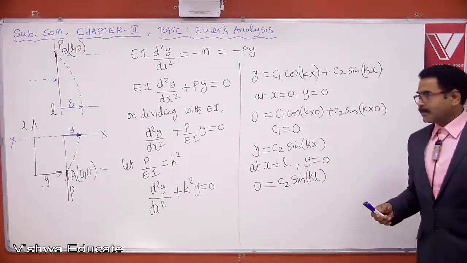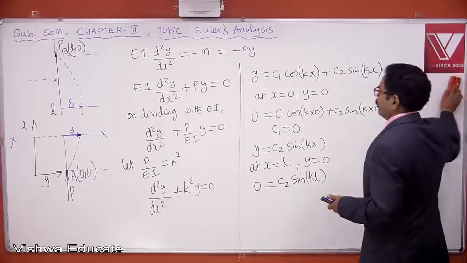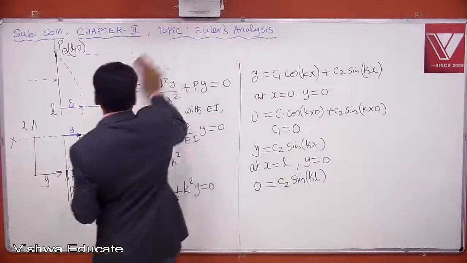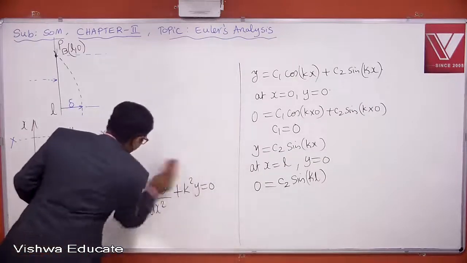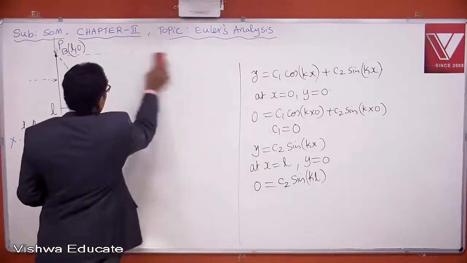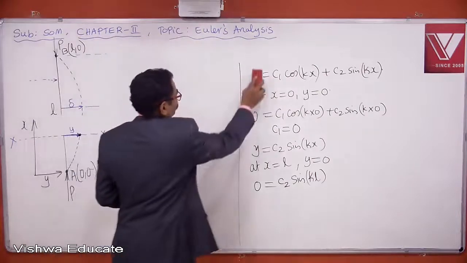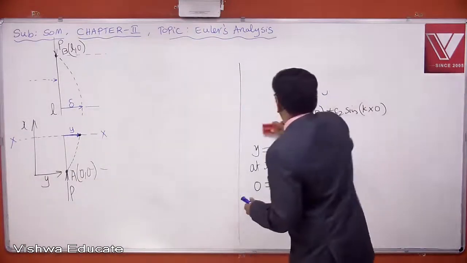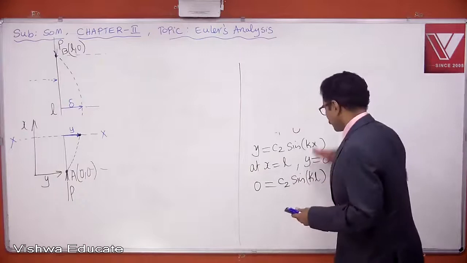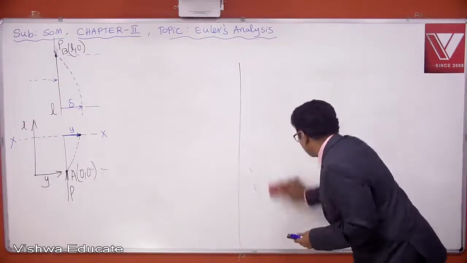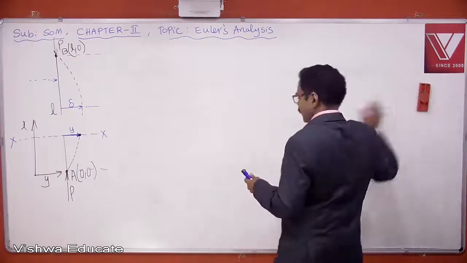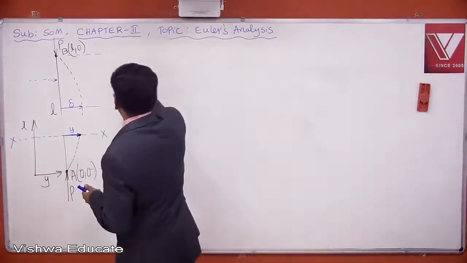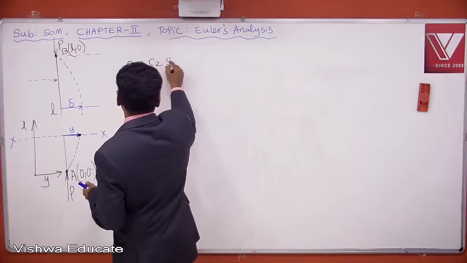You might have copied. Let us proceed, right? From this point onwards, I will discuss. Alright. So 0 is equal to C2 into sin